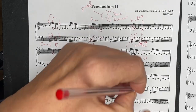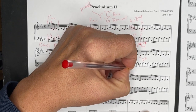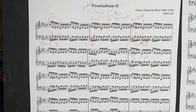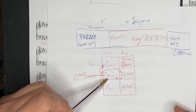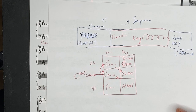Which is 5. Now, the C in the bass, it works in the chord. It's going to be a 2 inversion, means the 7th's in the bass, of G. D is the 5 of G, and G is dominant, or the key of 5 here, and that goes back to our map of where we're going. Phrase in the key of C minor, right? And we're going to transition to the key of G minor, and just like in